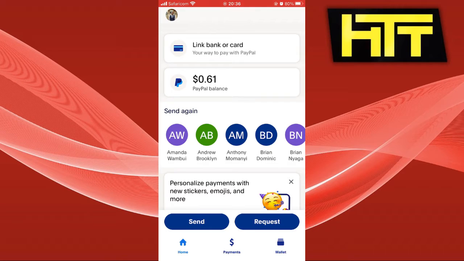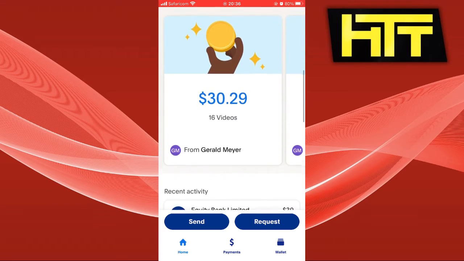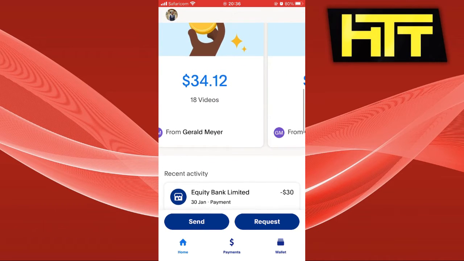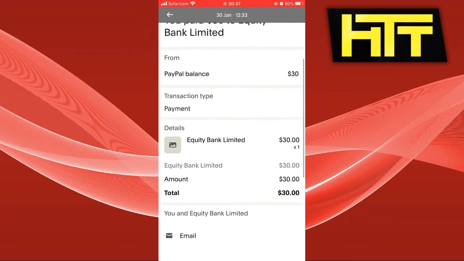So the first thing you want to do is go ahead and launch your PayPal app and log in. So you launch your PayPal app and log in, and it should look like this. So what you want to do is just scroll down to your recent activity, and you'll see your most recent transactions. So you can find the transaction that is a negative transaction, which means that you were the one